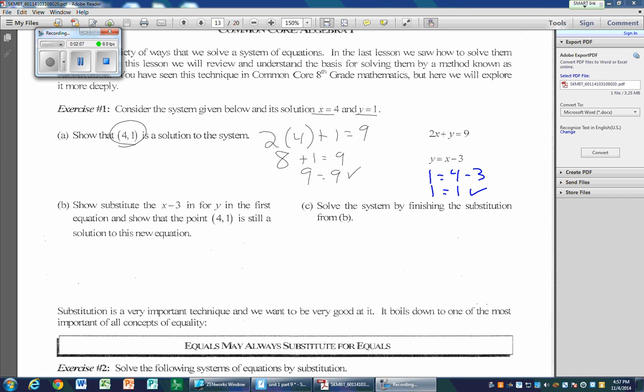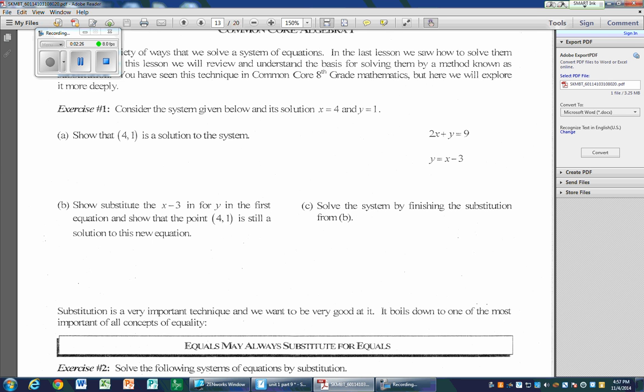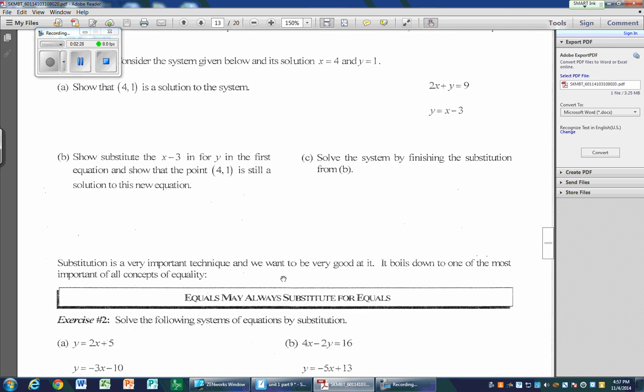There we have it. Because we've been doing this for several days, we understand what substitution means. What substitution means here is everywhere I saw an x, I put a 4. Everywhere I saw a y, I put a 1. Same thing here. I saw a y there, so I put a 1. I saw an x there, so I put a 4. And it checks. Okay, what's the big deal? Well,